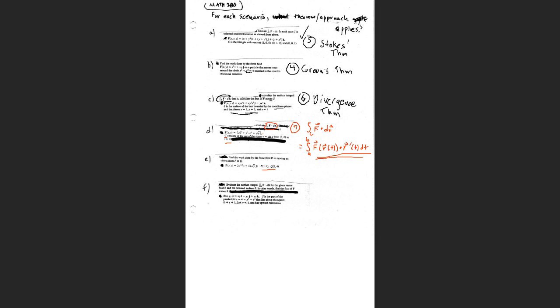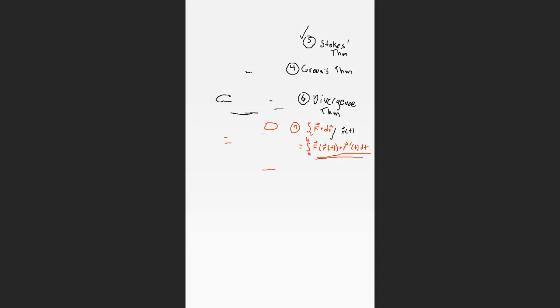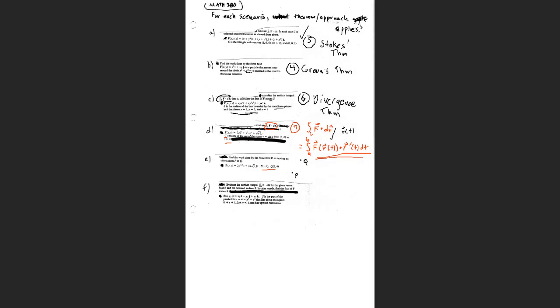In order to use a formula like Formula 7 here, you have to know what r(t) is. But here in part E, they're not telling you. That means that they don't care how